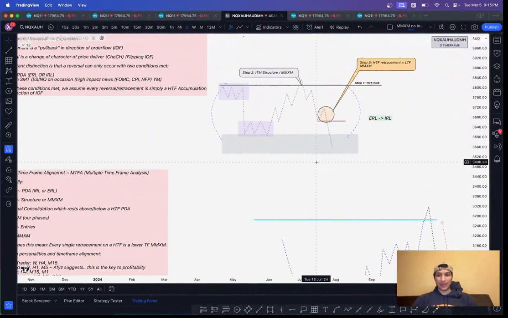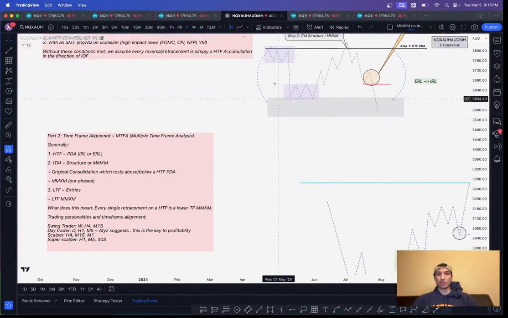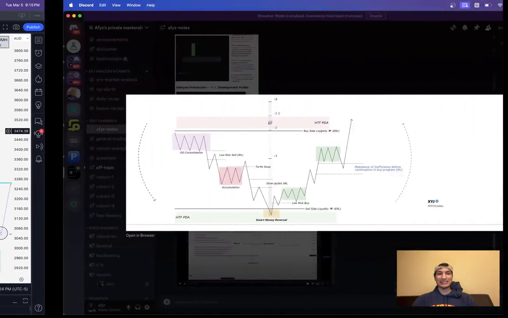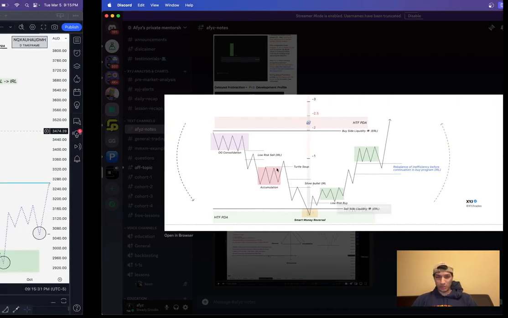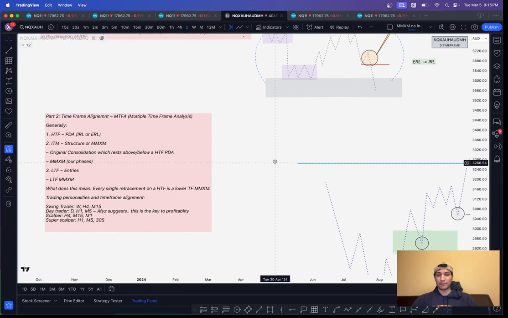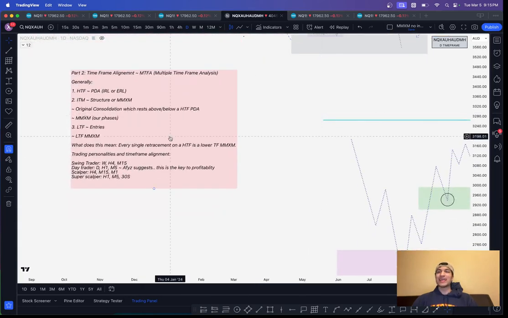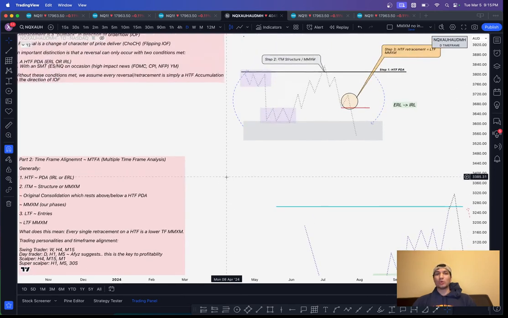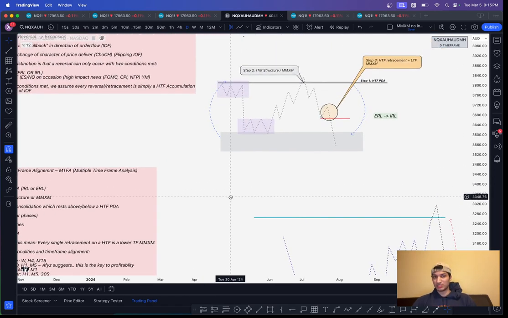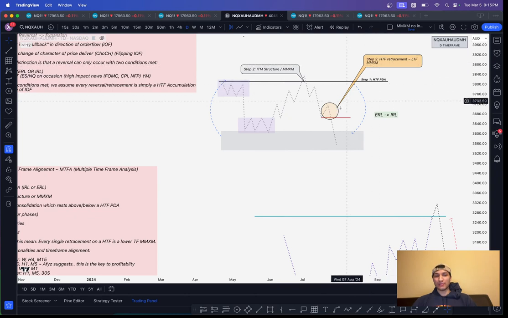From our intermediate time frame, we are going to be able to frame our original consolidations as well as each of these components: low risk buy, smart money reversal, silver bullet, whatever phases you want to mark out on your schematic. Then on the lower time frame, we're actually going to be looking for entries. And the great thing about market maker models is that they are fractal. So you don't have to believe me yet, but I will prove to you in a few minutes that a higher time frame retracement within this sell program